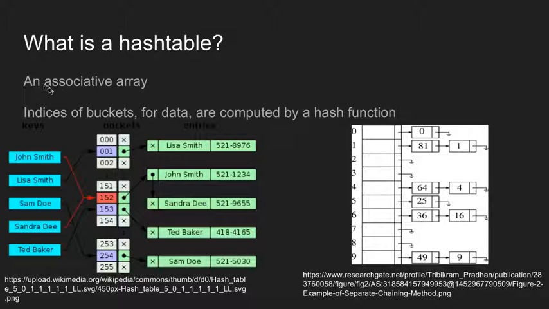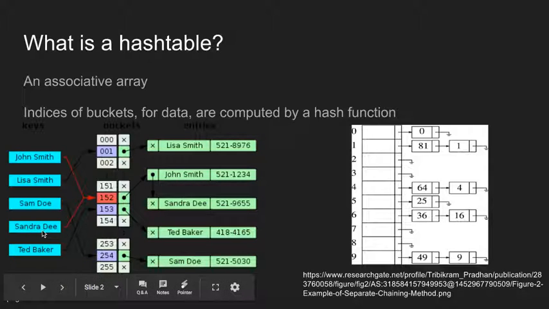Well, you can look at a hash table as an associative array, basically meaning that each individual index here corresponds to some bit of data and information. We have keys that map to buckets, which have specific entries that are matched to whatever value they're placed at. So in this case, we take a look at some bits of information like John Smith. We see that with our hashing function, it hashes to the value of 152 in our table, and we store that information. And then Sandra D